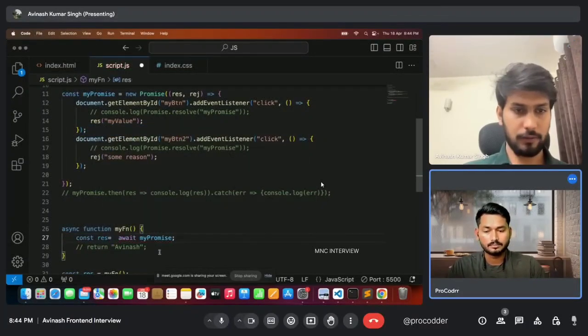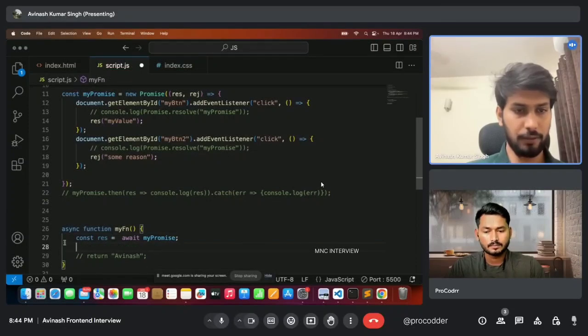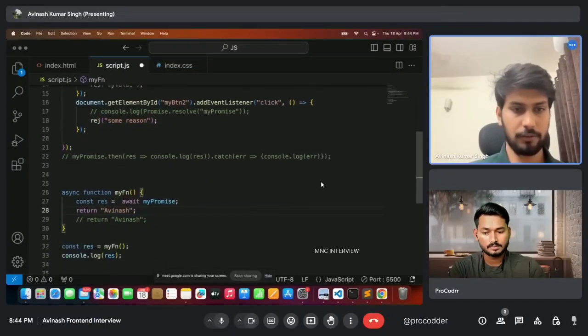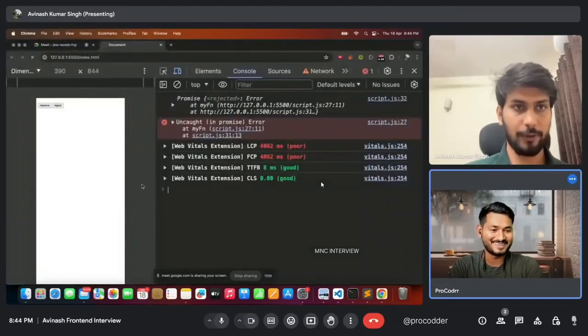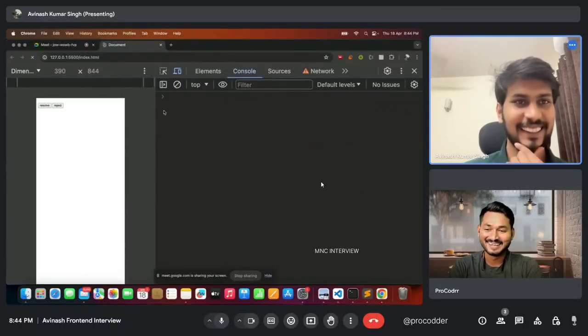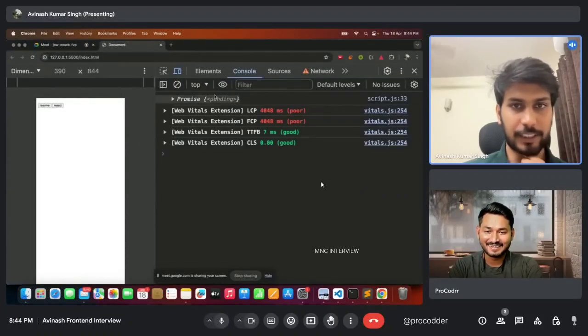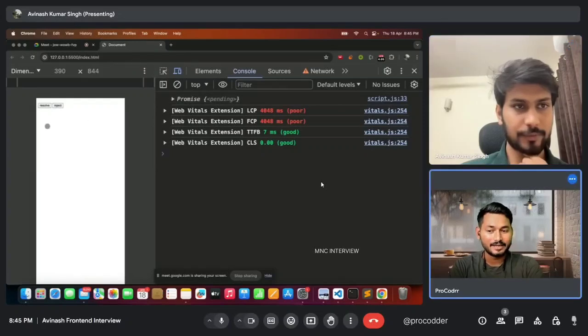Okay. This should contain the result. It will suspend the execution until this promise is resolved, and I have to resolve it. This will contain the resolved promise, but I have to resolve it with my name. Yeah, this would do. Yeah, that's correct. We can check now. This is new for me also. Okay. It is in pending state. Yeah, it is pending. So it will be pending until we click. Yes.